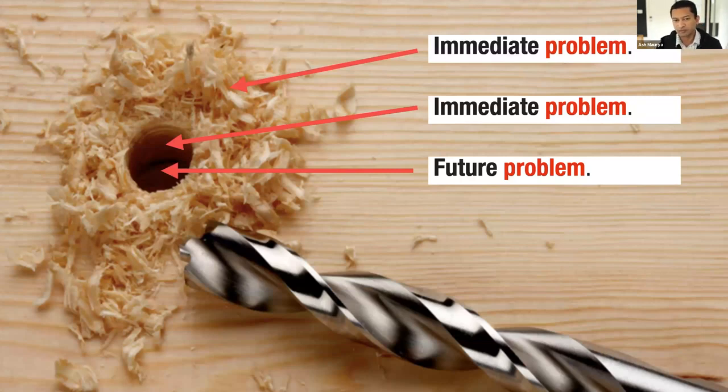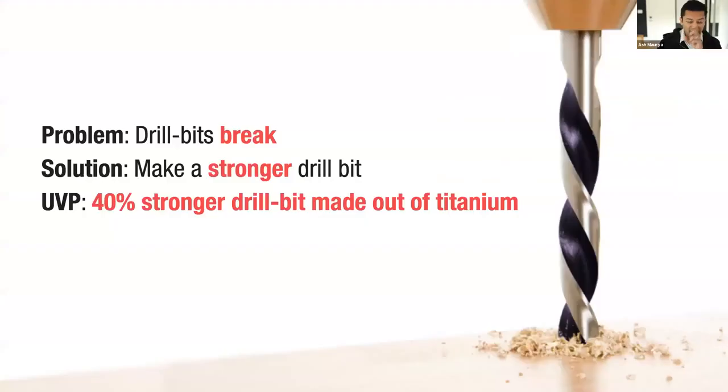So you will see how this manifests itself shortly. But if I was a drill bit manufacturer, or if I just study the job, if I go in saying the job is drilling a better hole, I will come up with all kinds of things, and I might launch a product like this one. I might say the problem that I see most people running into is when they drill into harder surfaces, their drill bit is breaking. So let's just make a stronger drill bit. Let's go and build this titanium-based tip for a drill bit, and it will be 40% stronger. It won't break as much. And that would be great. So we launched this, and